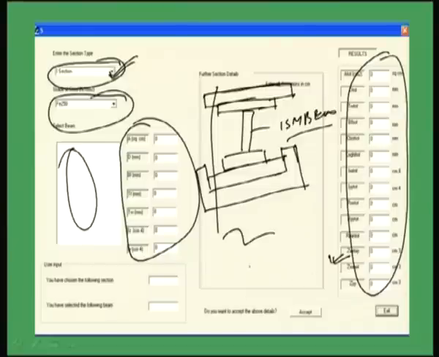Once you make the program properly, in fact you can do it on your own using a C++ program or a Java program, and then you can find out the details of the sectional properties. Once you make it, it is very easy to use and comprehensive, and you can find the economic, best section which will fit to carry that much load.